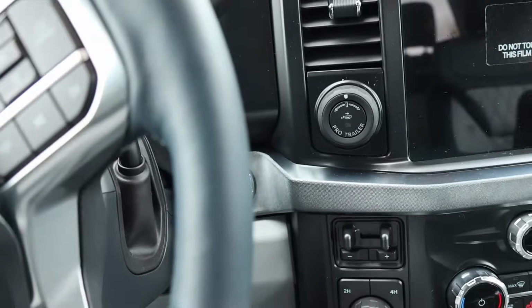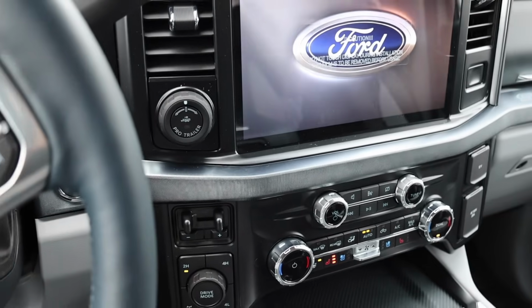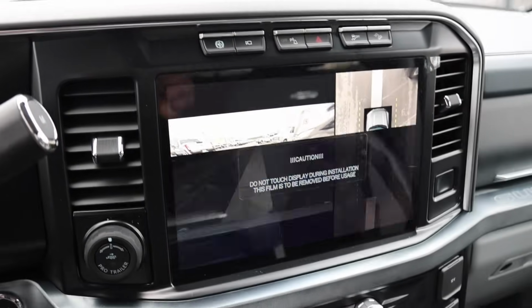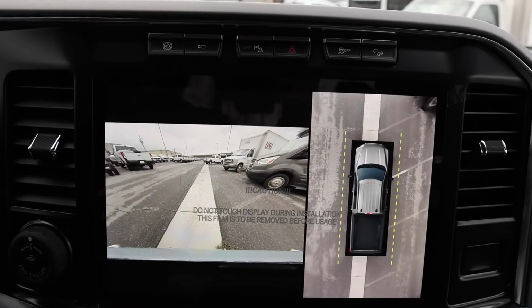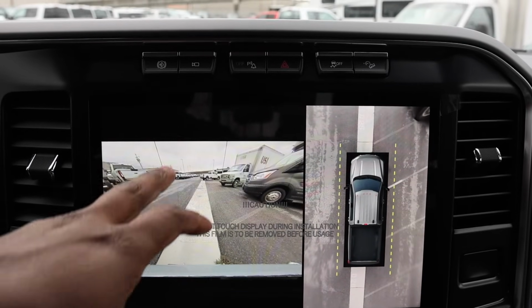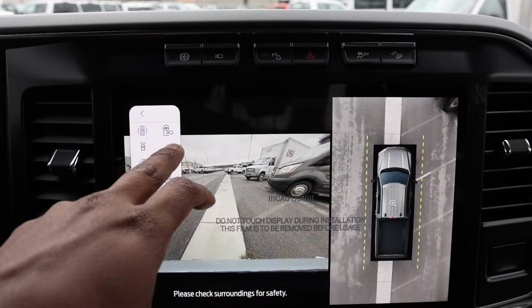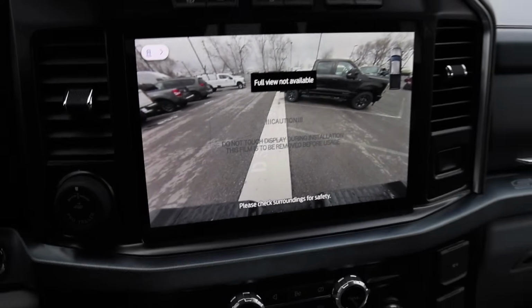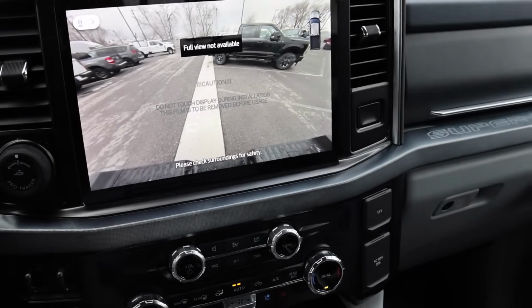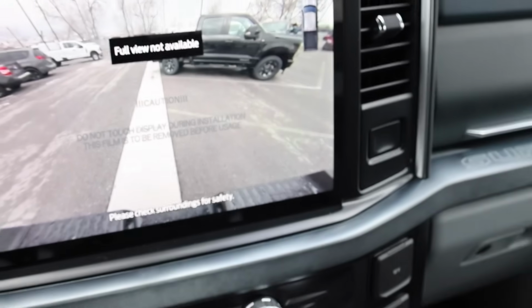Now, as I said outside, you do have the sonar and the backup camera. So let's go ahead and kind of go through that really quickly. 360 camera view, which is no surprise. Most cars today have that. But I'm going to go ahead and put it for the rear, like this. So when you drop the tailgate down, where's that button at? I'm actually having a brain fart here. Oh yeah, it's on this side, right here. This is how you drop the tailgate down. So when you drop it down,